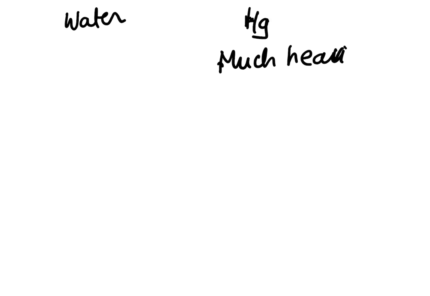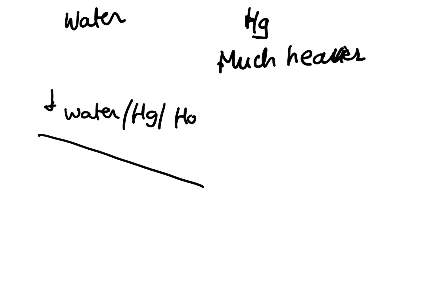Now continuing on, density was a measure of how heavy the fluid was, and now we need to talk about another attribute of a fluid, which is how easily it flows. Like for example, if you think of two fluids, let's say water and mercury. You do know that mercury is much heavier, but we don't know how easily mercury would flow. Like for example, if you had an inclined plane and you dropped some liquid on here, if that liquid were water or mercury or honey, okay,